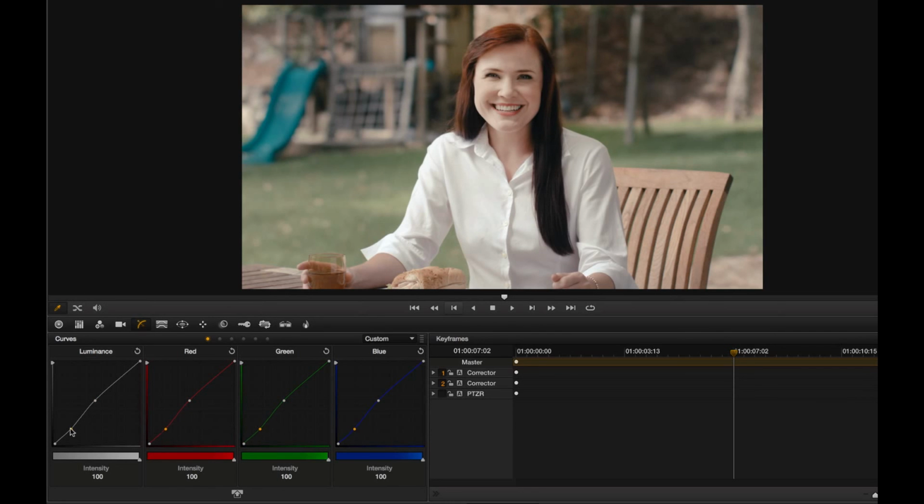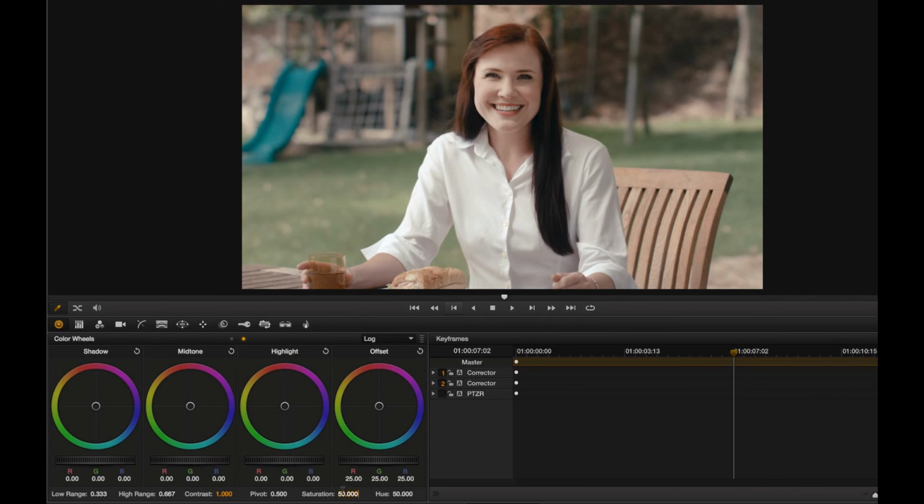Bring down the black levels there, just to highlight more of her hair just there, making sure we're not going into clip range in the side of her face there. I'm just going to bring up the saturation just a little bit to bring the hair color back in. Then what I'm going to do is add a serial node for